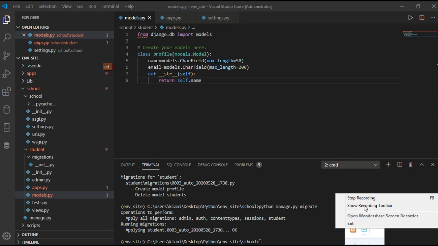We have a foreign key here. The database layer is hidden for us, and the views layer is hidden for us also. So we will use a base template, not in this, but we use the base template, and base template means we include the other templates into that template.